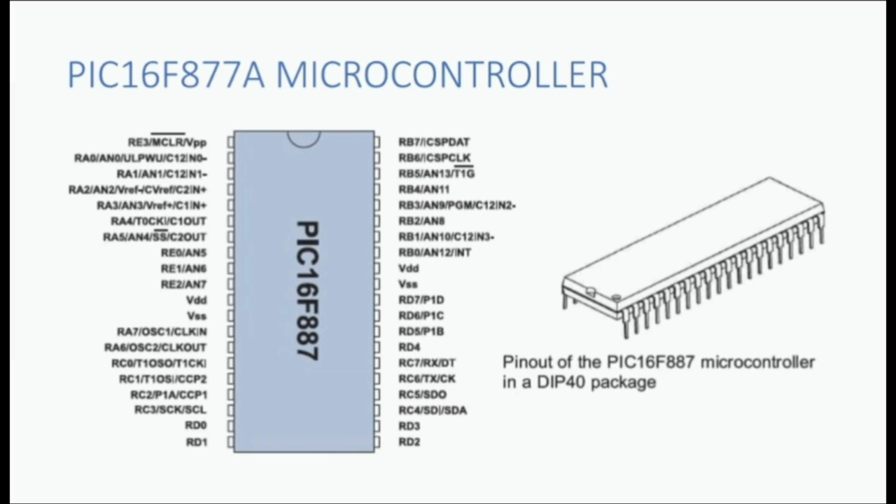Coming to the PIC16F877A microcontroller. So this is the picture of the microcontroller chip, and this is the photo of the pin diagram. It is a 40-pin microcontroller with RISC architecture, manufactured by Microchip, and it is commonly used in embedded system projects. It supports both hardware and software interrupts and timers, with 16-bit peripherals. It also supports many protocols like serial and parallel protocols.